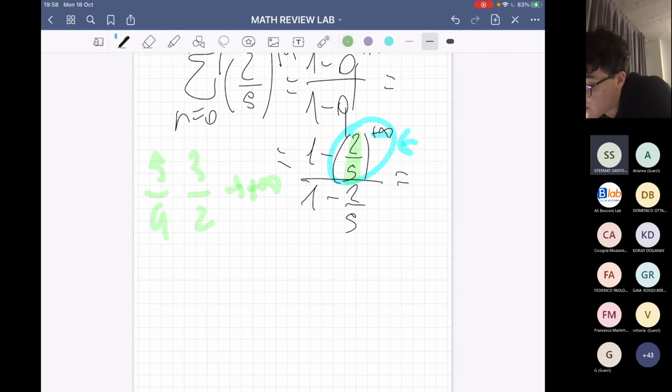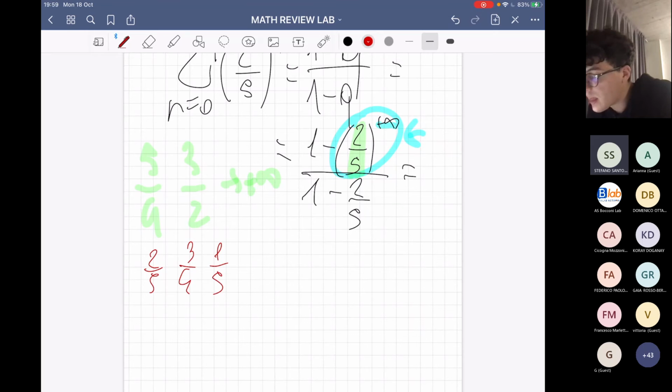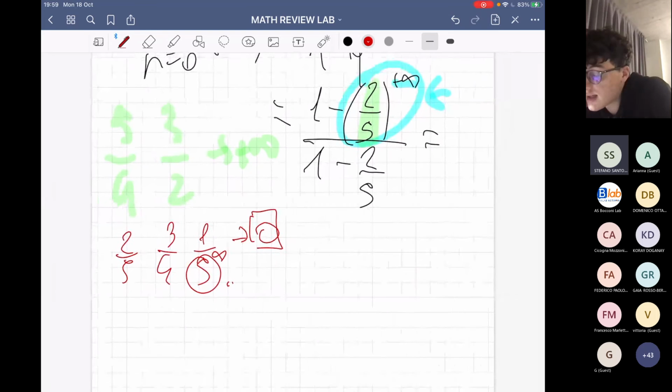But if instead we have a fraction like 2 over 5 or 3 over 4 or 1 over 5, they will not tend to positive infinity, because the denominator, which is raised to the power of infinity, will grow faster than the numerator, and so all these will tend to 0. It's easy to understand that, of course, it tends to 0 because it's a number over infinity, which is 0. So going back to this exercise,